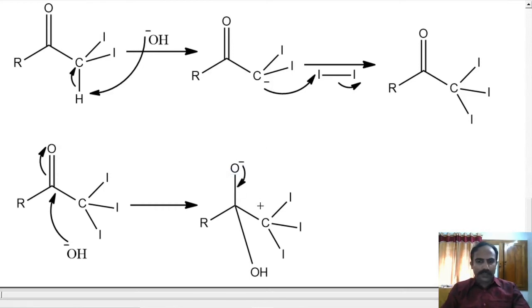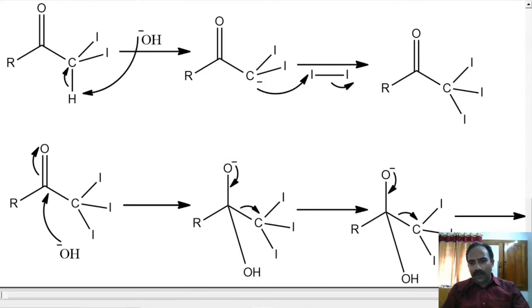Mechanism can be shown like this. This bond is forming again. An old bond has to break. Which one will break? This OH can break, and also this bond can break because the resulting carbanion is relatively stabilized by the iodine atoms. Let us copy the whole thing down and try to make sense of the curved arrows.